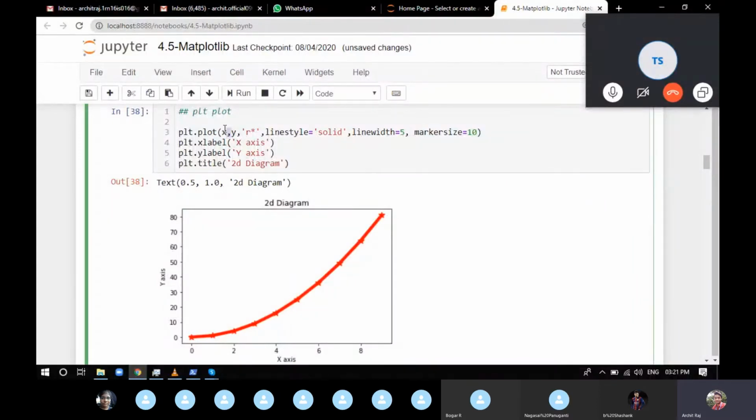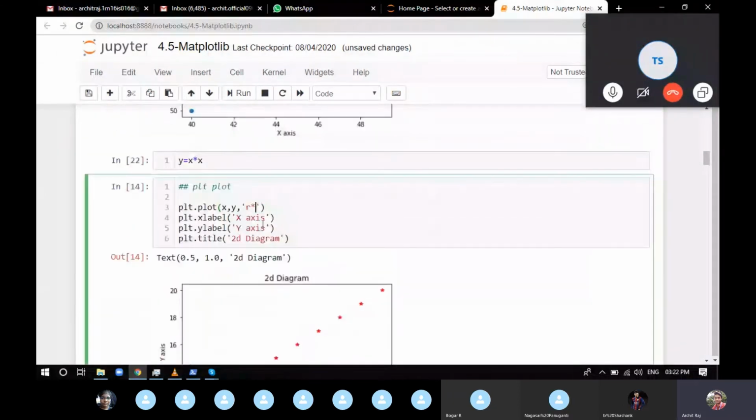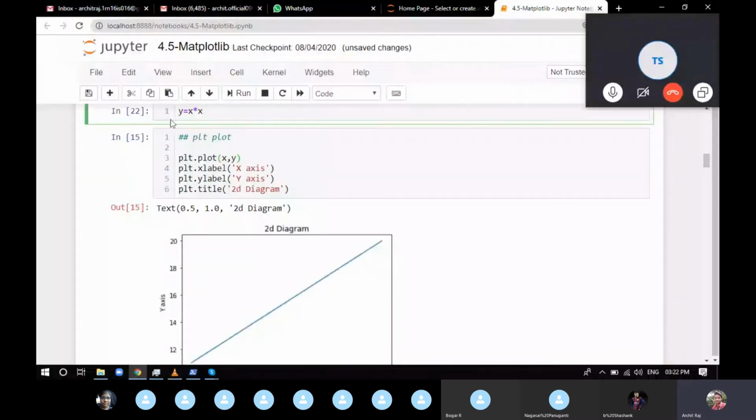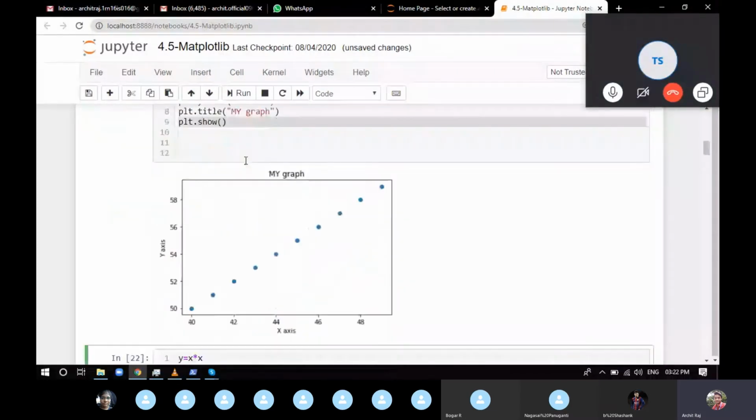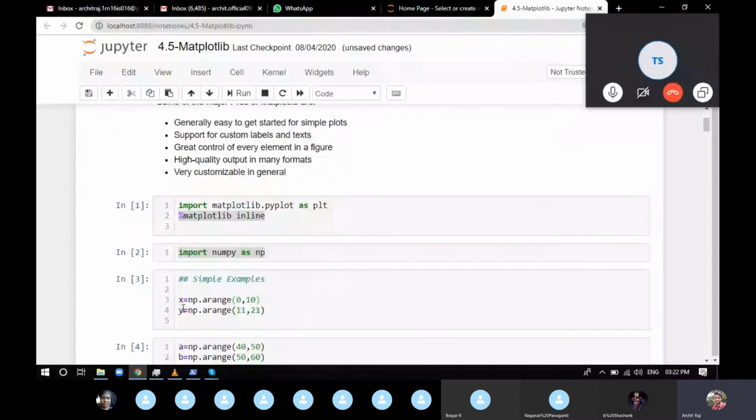As you can see now, just remove this also, at least for now. Okay, remove this, we're not even using this particular thing right now. Let it be there; I'll explain when we use the x square. Now for x and y, we used 1 to 10 and 11 to 21. So you can see the graph with 1 to 10 for x and 11 to 21 for the y-axis. Even if you haven't provided anything else, the plot has been created.